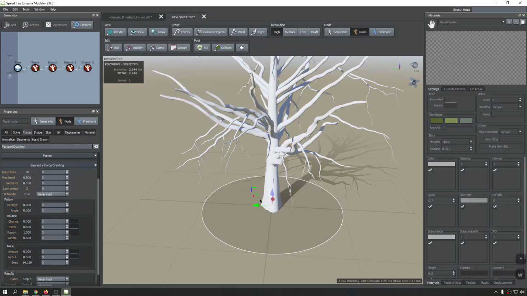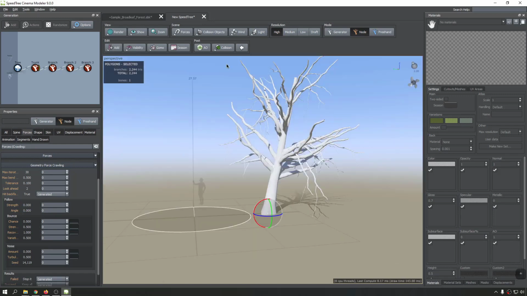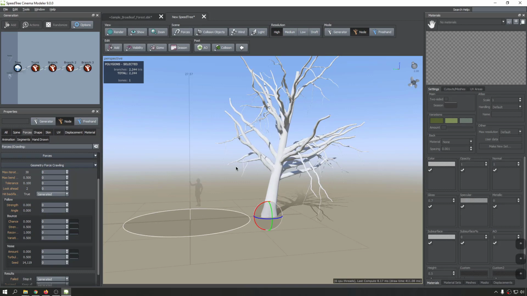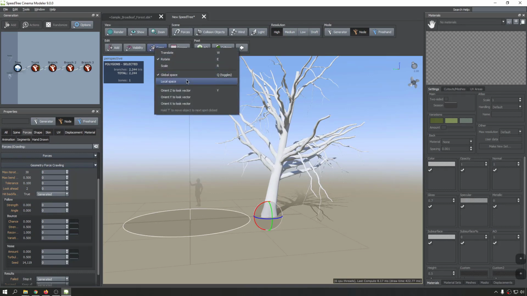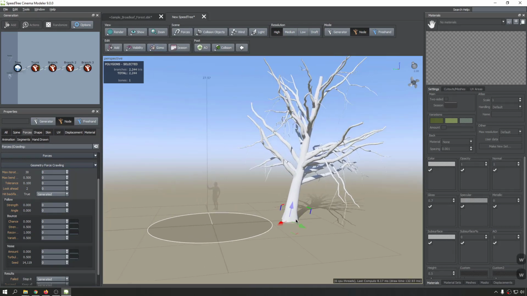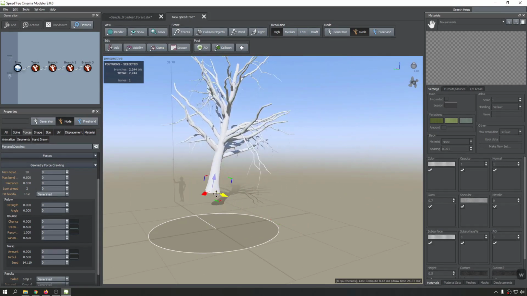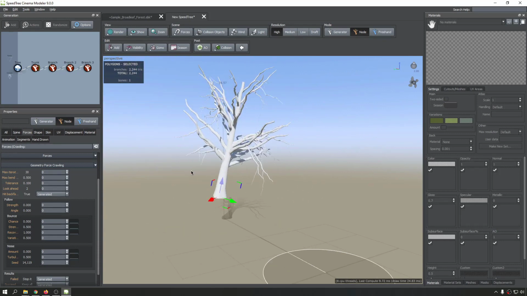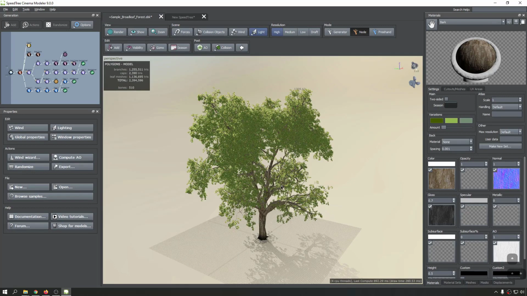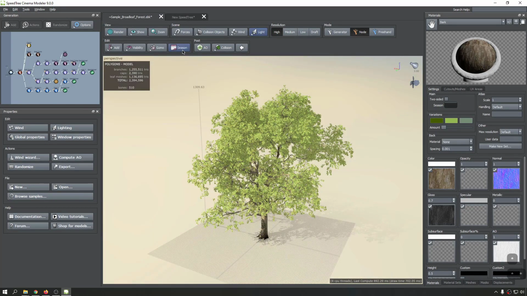It's move, rotate, and resize. And by default, the coordinates are in world, but if you want to make them local, you can make them local. For example, if I set this to local, now based on the rotation of the tree, the gizmos have been changed. And the next option is the seasons, which is one of the most amazing features that SpeedTree